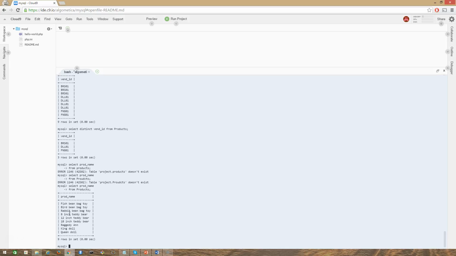So what if you want to limit your result to just 5 rows? Right now we have 9 rows. What if we just want to limit the output to 5 rows? So how do we do that? It's pretty simple too. Select prod name